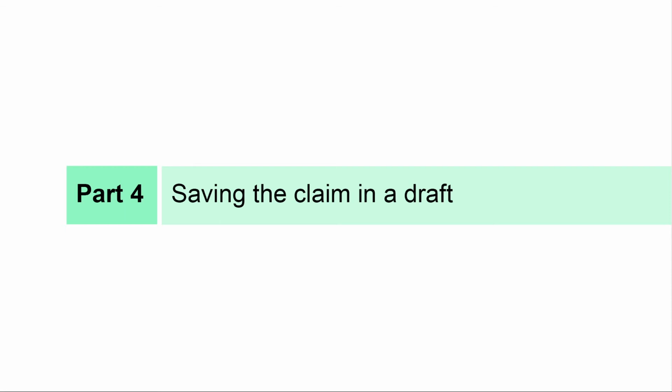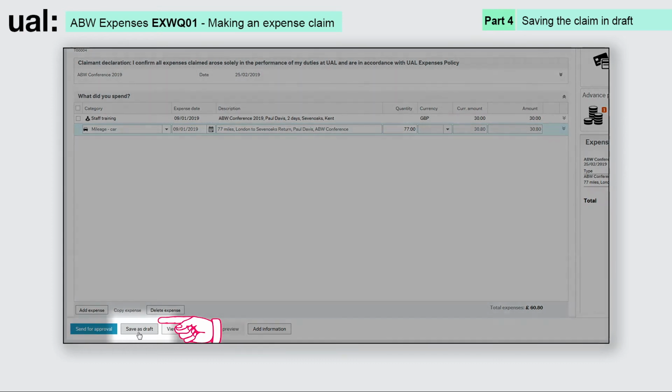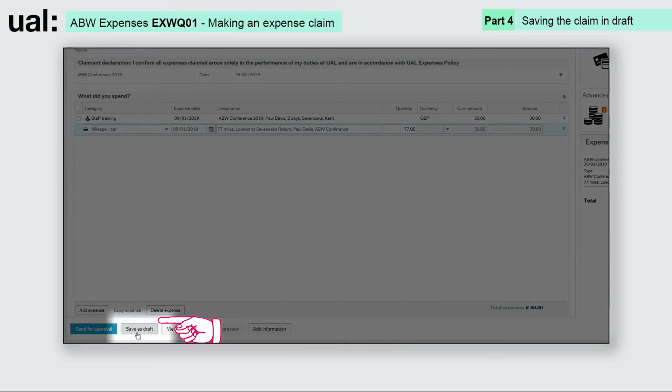Part 4. Saving the claim in draft. Step 1. Users often wish to save claims in draft form. A draft claim is not submitted, so you can edit and submit it at a later date. To save the claim as a draft, click the Save as Draft button in the taskbar at the bottom of